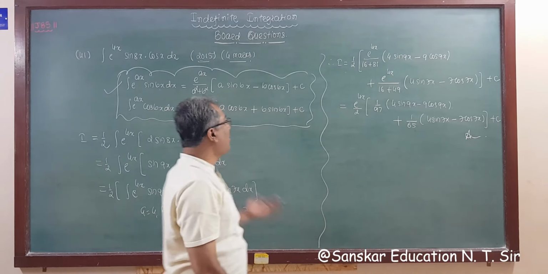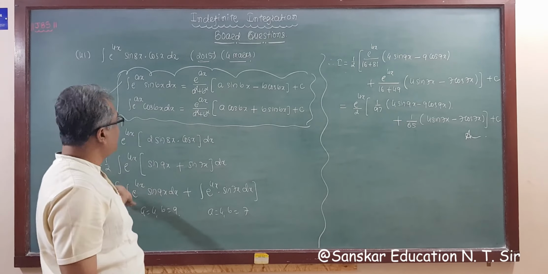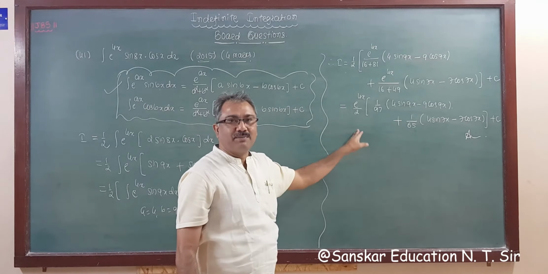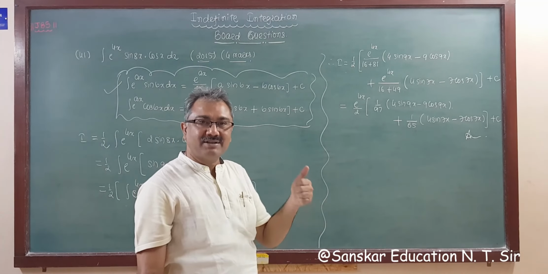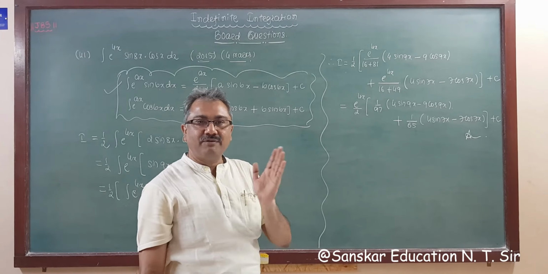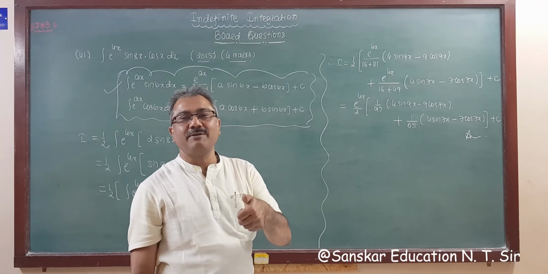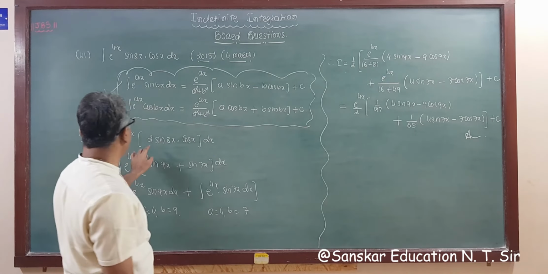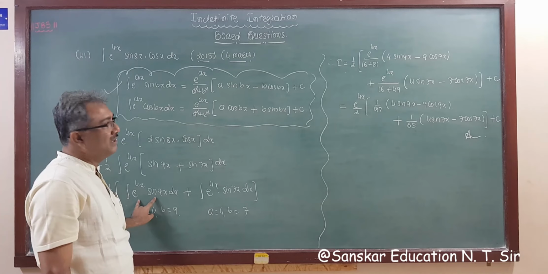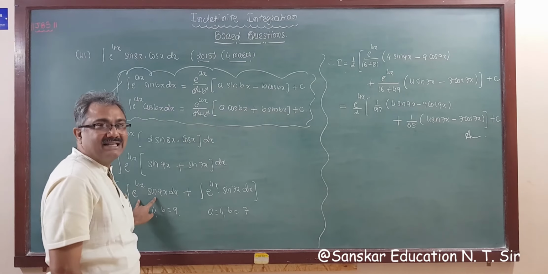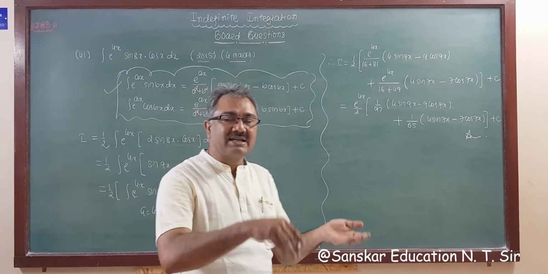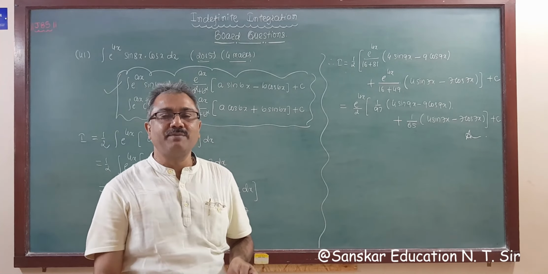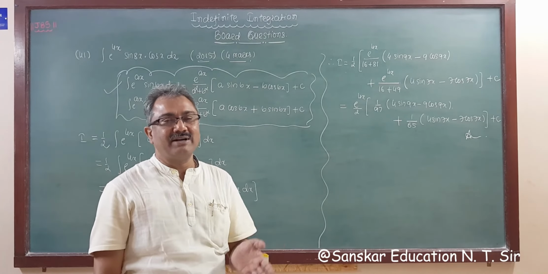So how many steps? Only 1, 2, 3, 4 and 5 steps. You will get 4 marks, right? But the concept and the way you are solving this is very important. If you apply the u into v rule here, then you will not get the answer easily, because you have to add 1 plus 1 and then twice I, and then you have to divide by 2, right? So it requires more steps.